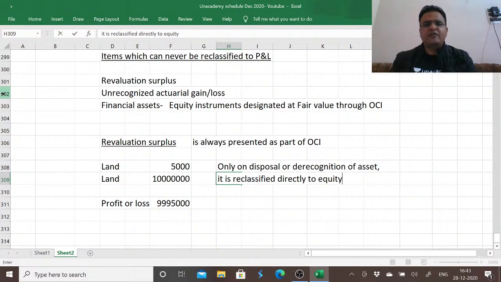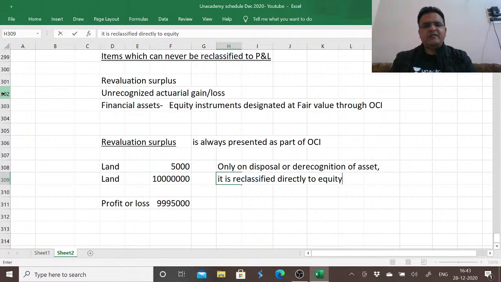And if you are gaining today and if you expect a growth in terms of value, please pay back my money and reverse the loss charged to P&L in case of a first time decrease. But if it is an increase and we already have a reserve, and then subsequently if there is a fall in the value of an asset, we will not charge that fall in the value of an asset directly to P&L till the time we have a reserve relating to it. So we'll first eliminate the reserve. Any excess, if there is any fall in the value of an asset, we can charge it to P&L.